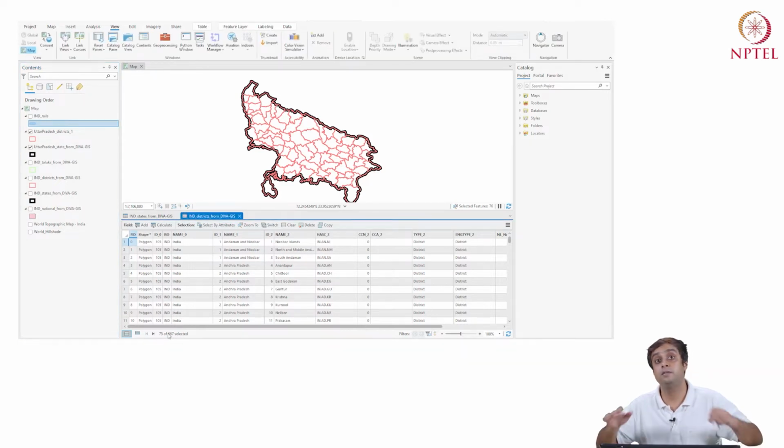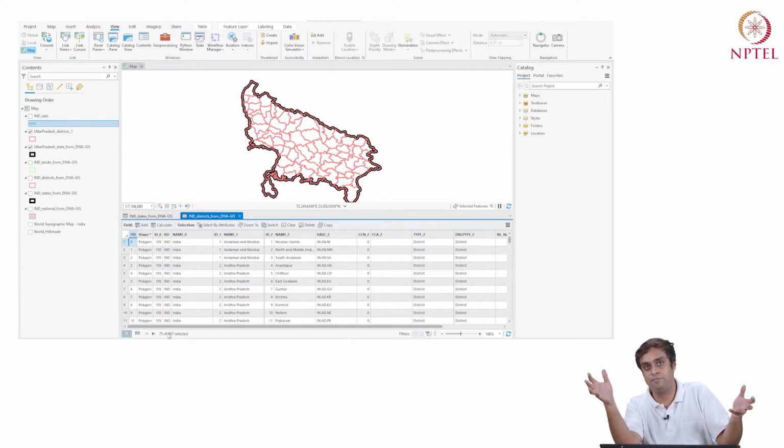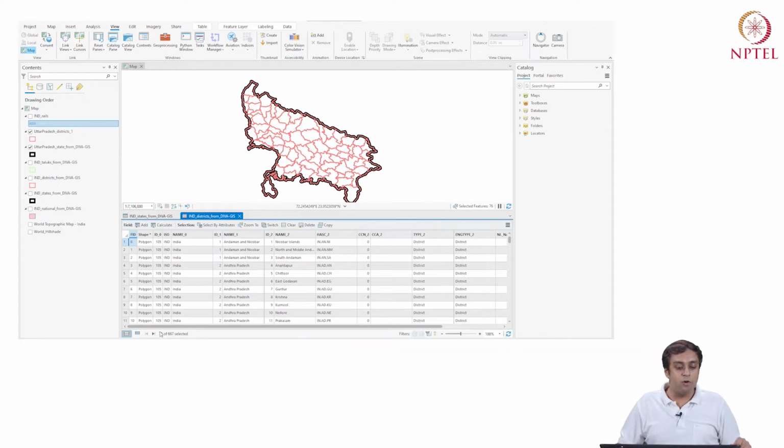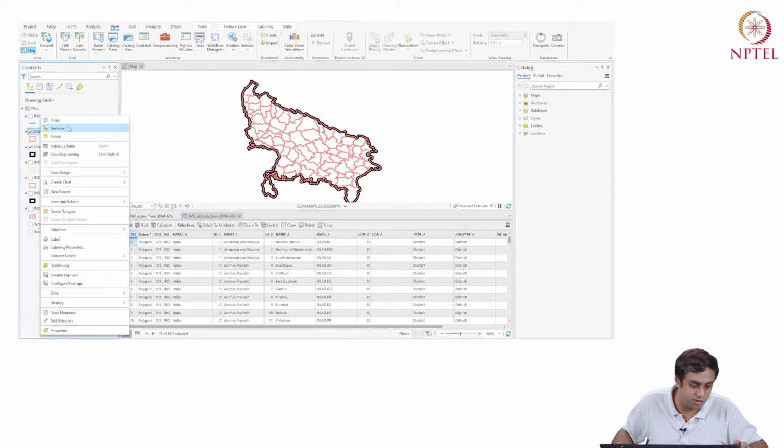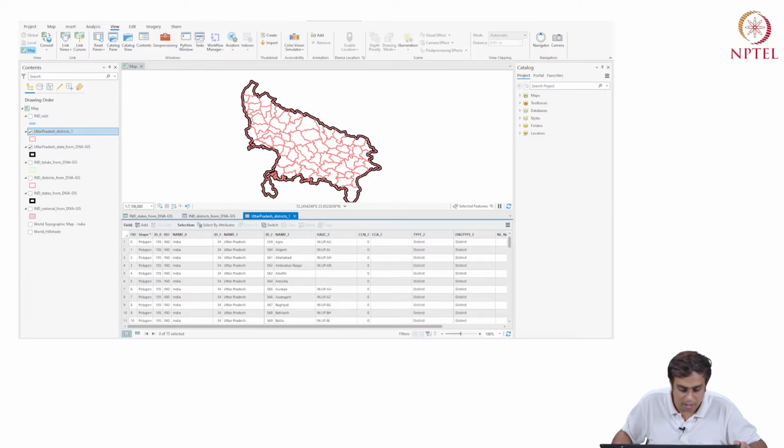That means the India layer has 667 districts as far as this data is concerned. And 75 of those were selected. That means 75 should be the number of districts in Uttar Pradesh. So if I look at the attribute table for the Uttar Pradesh Districts 1 file, it will in all have 75 units or polygons. So there are 75 districts.